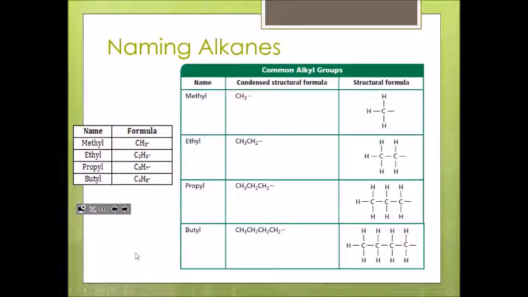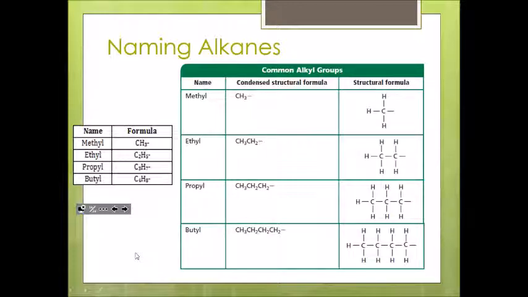Before we do that, let's identify possible substituent groups. We're going to stick with the most basic. We're only going to do the ones that are up to 4 carbon chains. We know meth means 1, eth means 2, prop means 3, and but means 4. So these could be side branched chains off of the main chain.